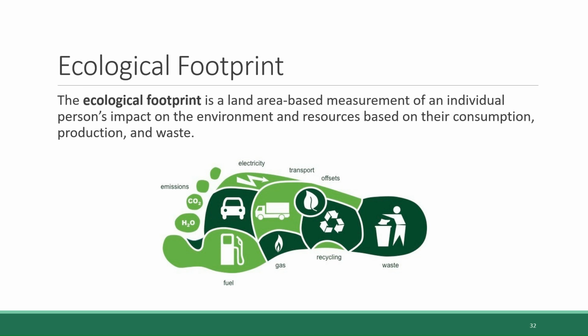So, for example, if you consumed a loaf of bread, a certain land area is required to grow the crop used to make the ingredients of that bread. A certain amount of fossil fuels are used to power the machines that are involved in growing it, harvesting it, processing it, and transporting those ingredients. And those fossil fuels produce carbon dioxide and other emissions that have to be absorbed by plants or dissolved in the ocean. So, all of the consumption and production and waste involved in everything that a person does can be related back to land. And this is a really concrete and tangible way to understand the environmental impact of a